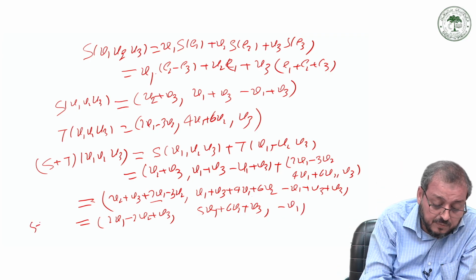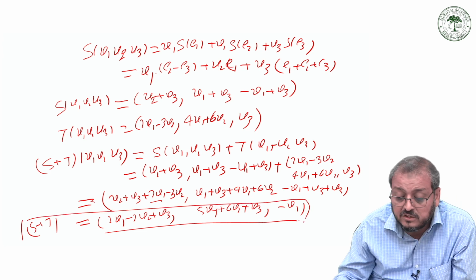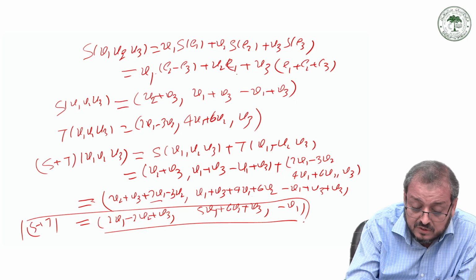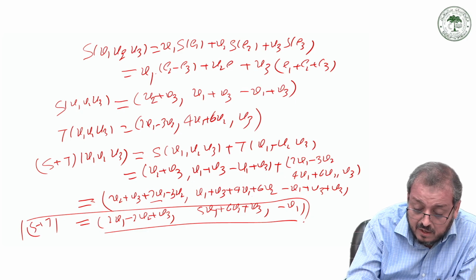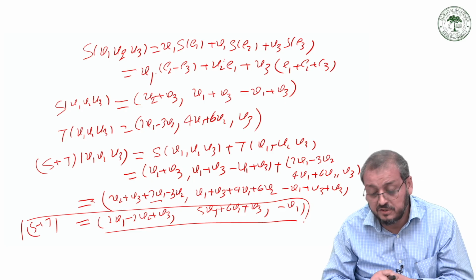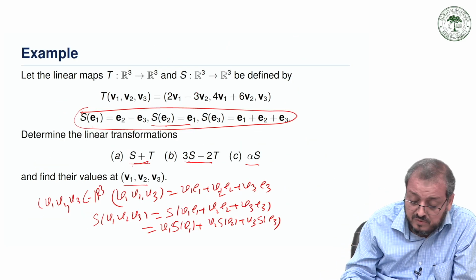So this is s plus t, which is nothing but equal to, we have to write into this form. So clearly here we are getting the sum of these two. And another problem is 3s minus 2t. So this means we multiply by